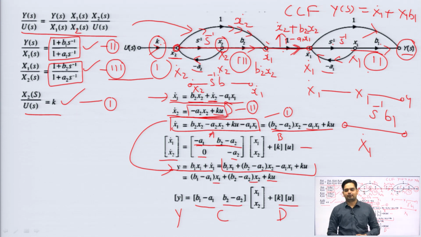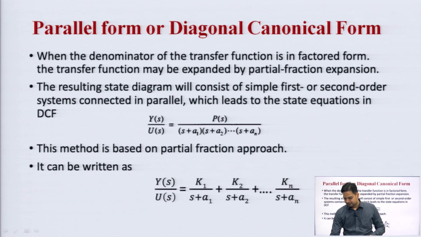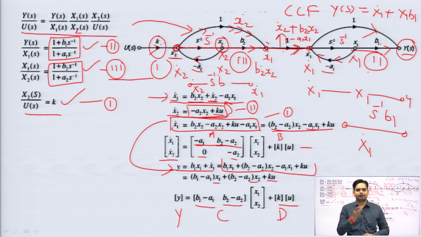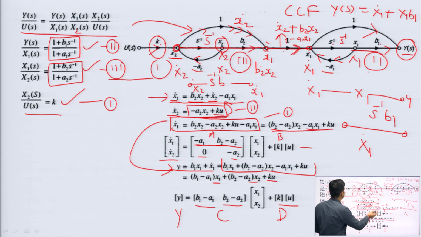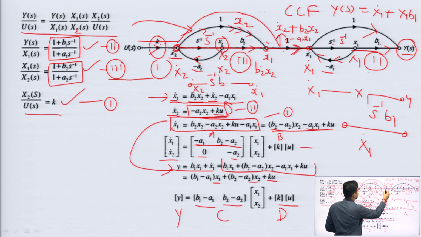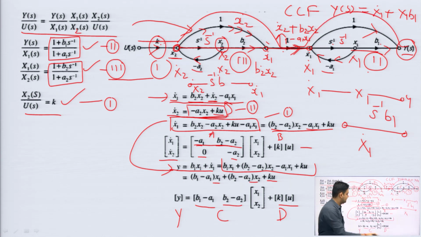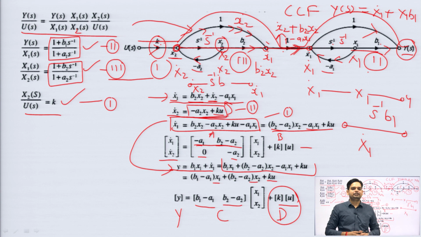So, now the D matrix is coming into the picture. You can see this D matrix is basically telling us the forward path, right, or that we are bypassing the input throughout the system. How are we bypassing the input k? You can see we start with k here, then we jump here, bypass it, again we jump here, bypass it, and it reaches the output y of s. That is why this ku is coming in the feed forward path or in the D matrix. This is also known as the coupling matrix, where we are coupling our input directly to the output.